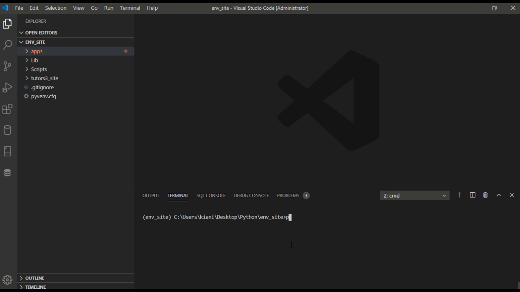To create the project, we write python manage.py startapp. Okay, but we will create first the project, not the app.